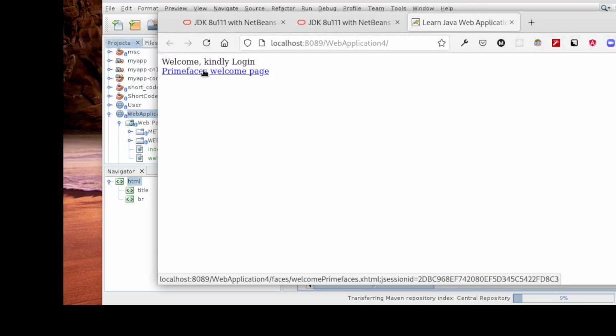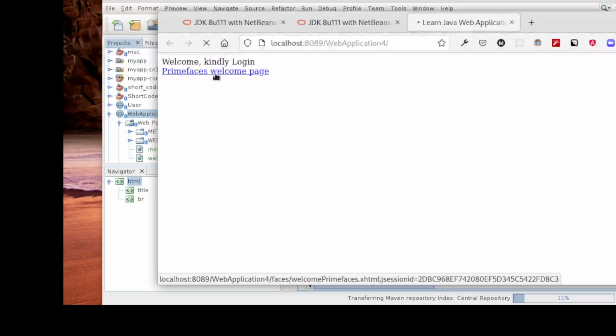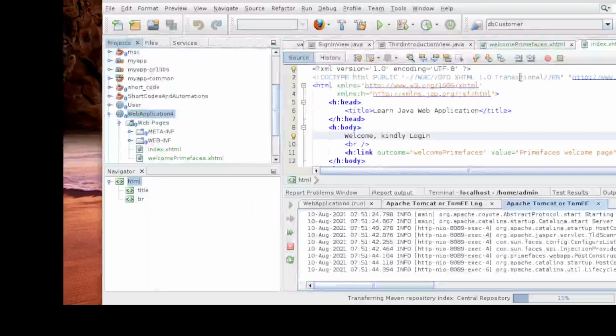You can see it has the welcome message that we added there. And you can see that we have a welcome page link. Just click on it. It gives you this beautiful landing page or home page that has content. It has a header, it has a footer, and left menus. So this has made our work easy. It has given you a very good template. So let's do several changes in our code. We are going to remove this link.